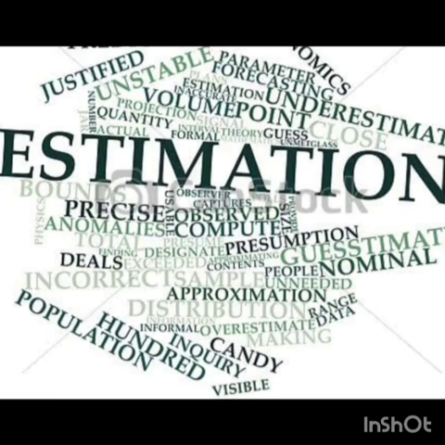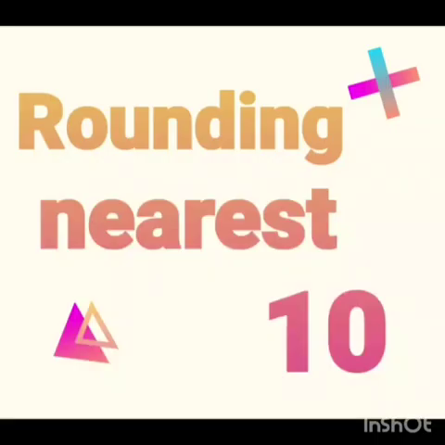So estimation is an important part of mathematics. Get in the habit of estimating amounts of money, duration of time, distances and many other physical quantities. Students, a very simple term for estimation is rounding off. Rounding off is the key skill when you need to quickly estimate a number. You can make a larger number simple by rounding or expressing it in terms of the nearest ones, tens, hundreds, thousands and 10,000. So the first estimation is rounding to the nearest 10.